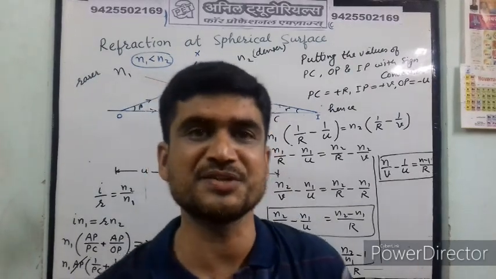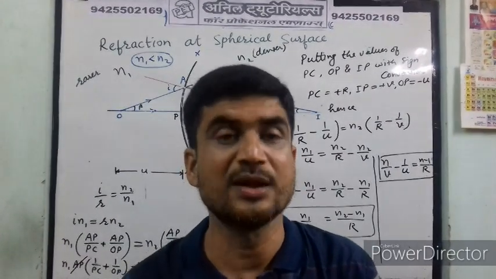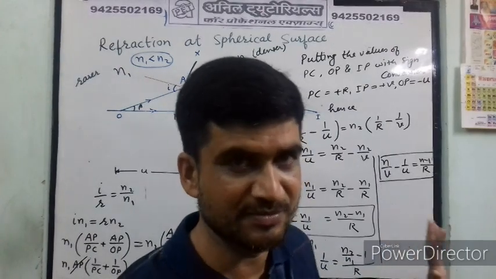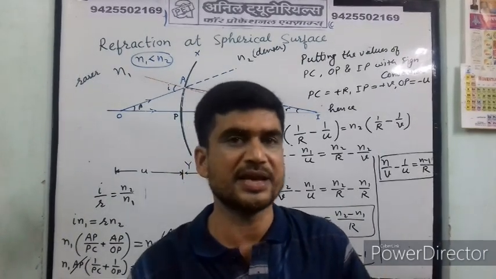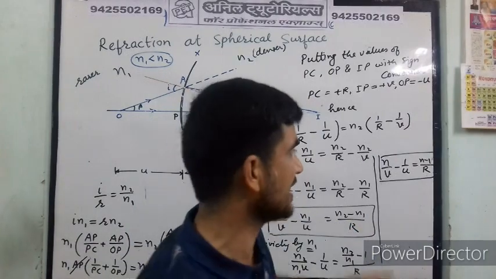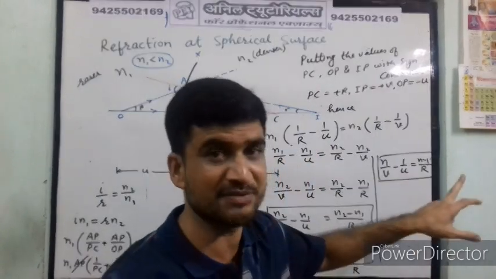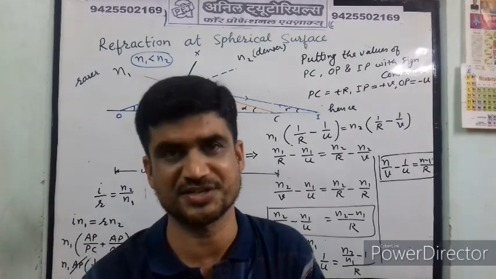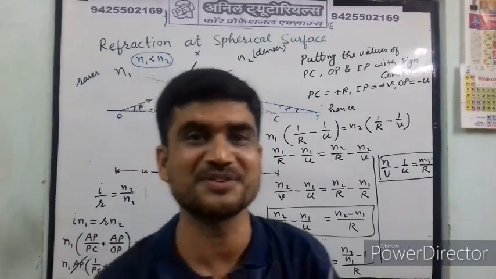In the previous video also you saw the same result. So whether the surface is concave or convex, whether the image is real or virtual, the relation will be the same. Sometimes the ray is coming from a denser medium to a rarer medium, and at that time you have to take n as the refractive index of the second medium. Always remember, here n is the refractive index of the second medium. Which medium you take as second depends upon the question. Clear? So just practice this relation two or three times. Okay, thank you.